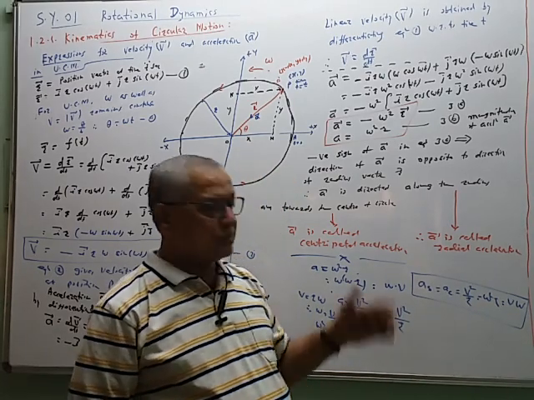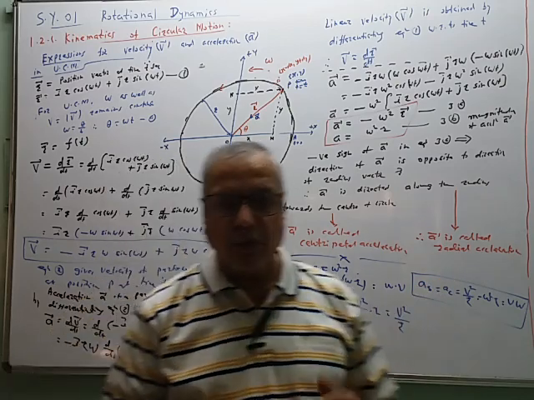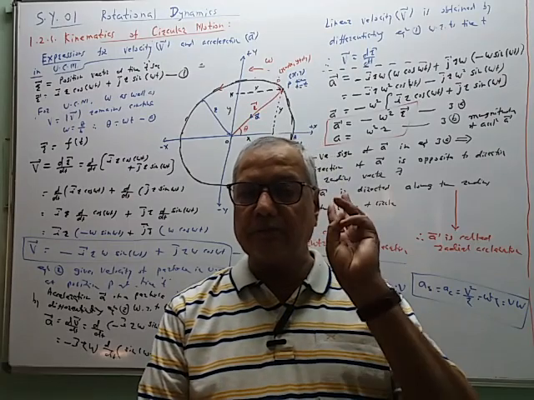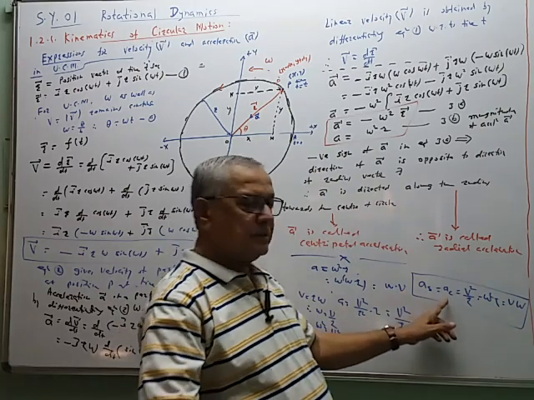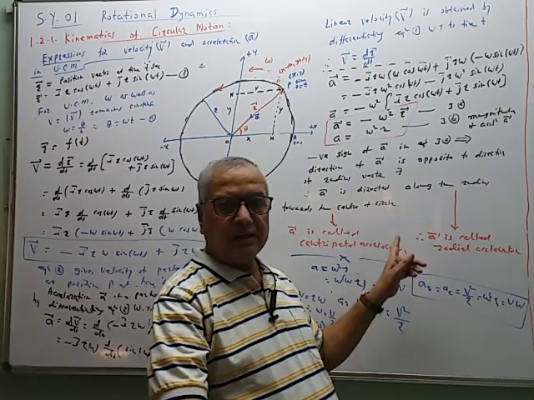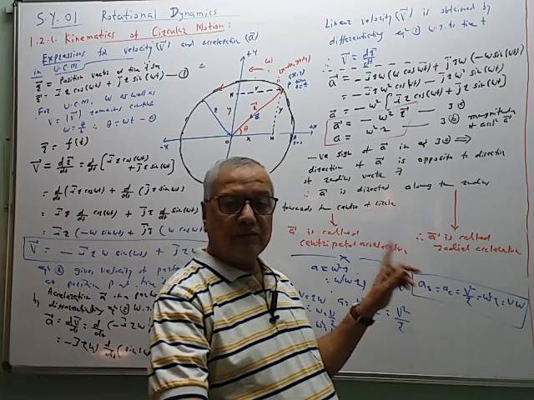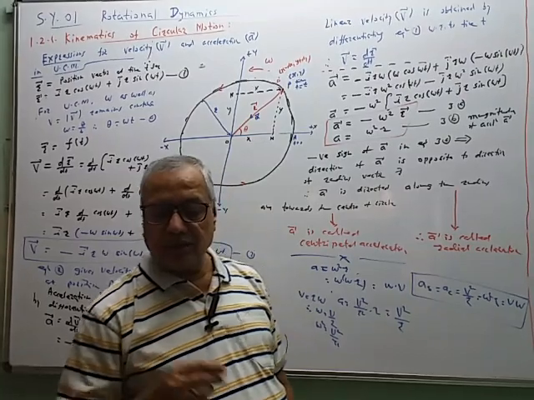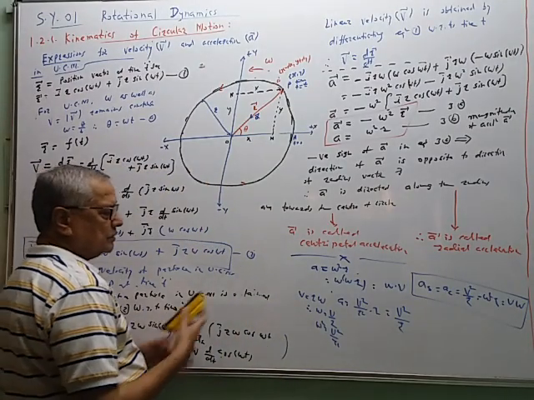So up to this point, in circular motion, we have considered three types of acceleration. One is this AR or AC. Second is the AT, tangential acceleration, r alpha, and the one more is alpha, angular acceleration. So these three accelerations are like this.